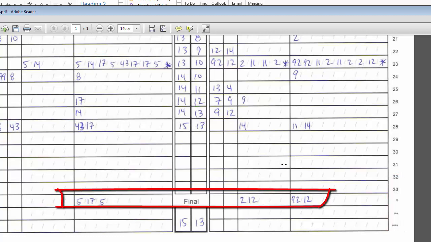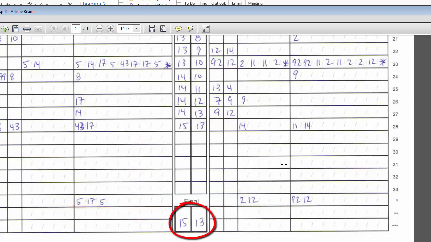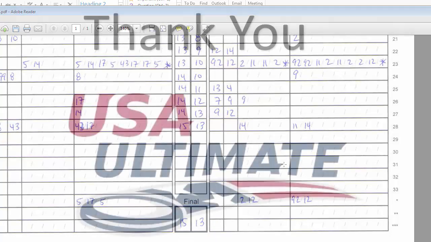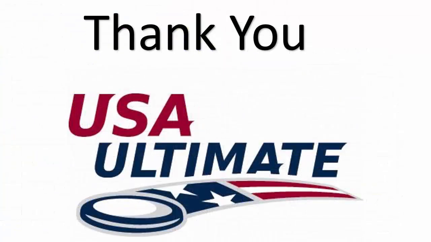Once the game wraps up, enter the final score in the boxes at the bottom of the stat sheet. Double check that your name is on the stat sheet and follow the radio or reporting procedures specific to your tournament. You may need to collect spirit score information from the teams, and don't forget the name placards from the scoreboards and the game discs.